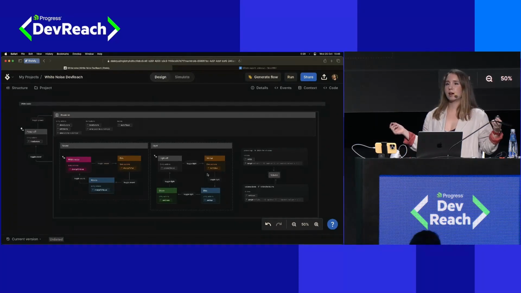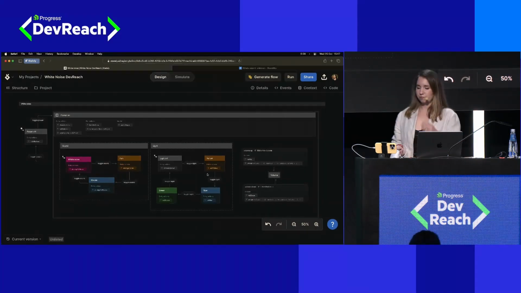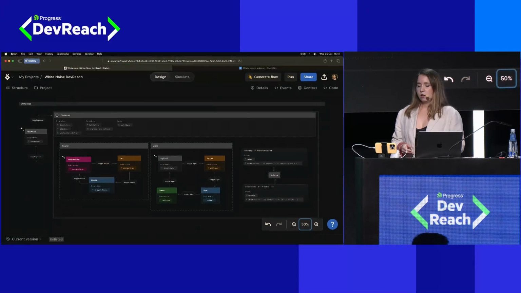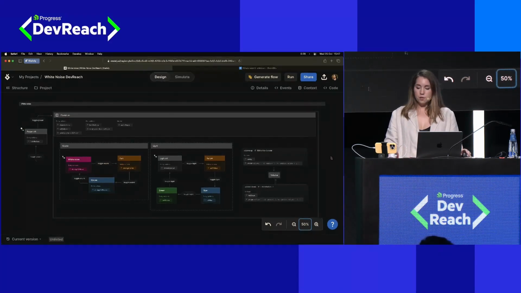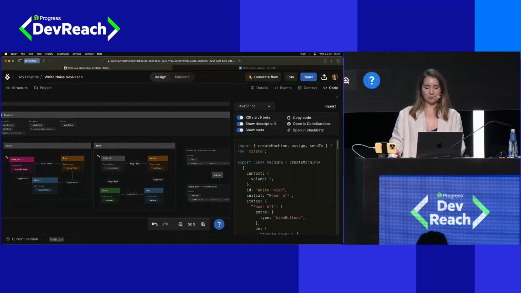You could do things like have red for all of your errors. You could have green for your happy paths through your logic. It makes it much easier to share it all with your team. So what you say is, Laura, show me the code. I want to see the code. So if I go to export this,